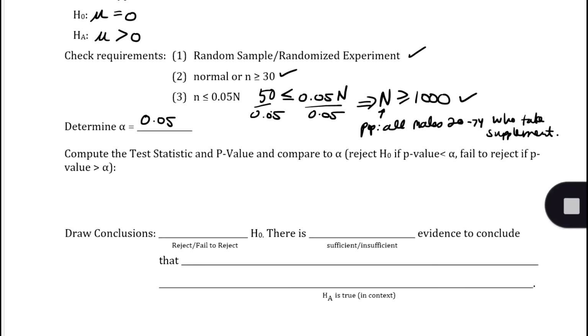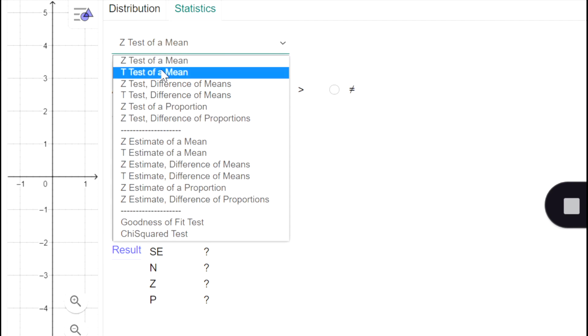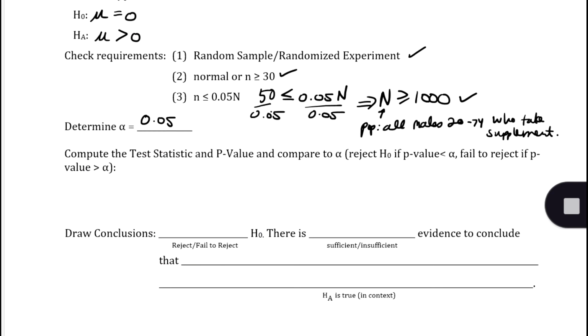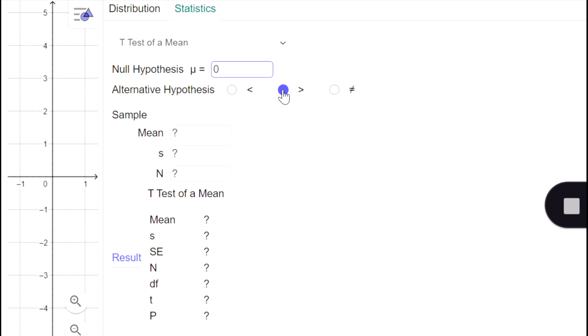Now we want to compute the test statistic and p-value, to compare our level of significance, alpha, to our p-value. So we go to GeoGebra, and we first check that we have the correct test. We're doing a t-test of a mean. Our null hypothesis was that the mean weight loss was 0, and our alternative hypothesis was that the mean was greater than 0. So we have to recreate that here and have it as a greater than. Down here, these are my sample information. So my sample mean in the problem